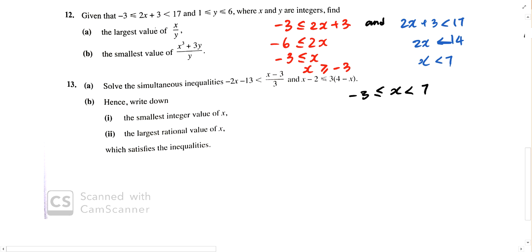So we're ready for part A, the largest value of y over x. If I want this to be large, I would like it to be a positive number if possible. Possible fractions that will result in positive numbers will be positive divided by positive or negative divided by negative. Since y is only positive, I shouldn't be considering the negative values for x. So now I will want to consider only positive values for x in order to get the largest x over y. And it occurs when